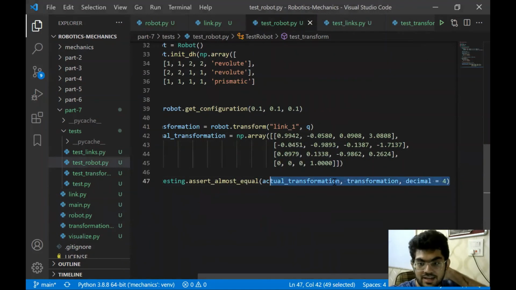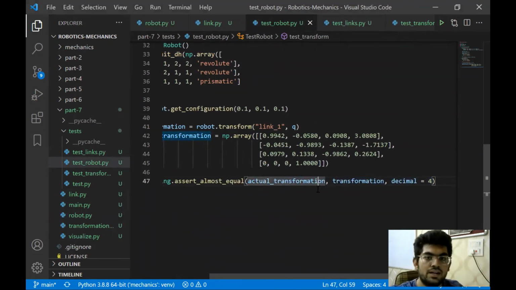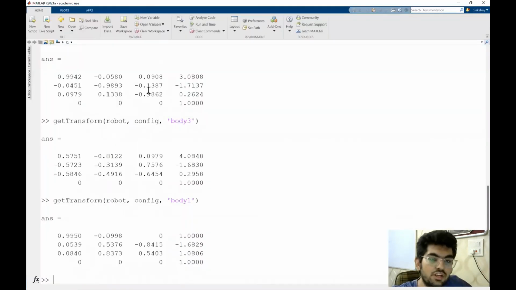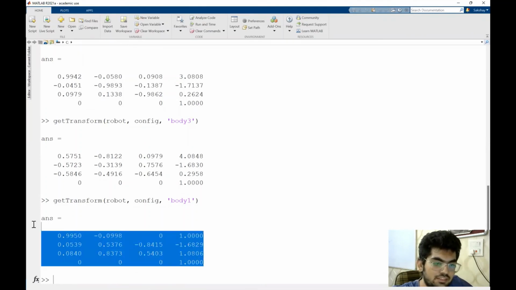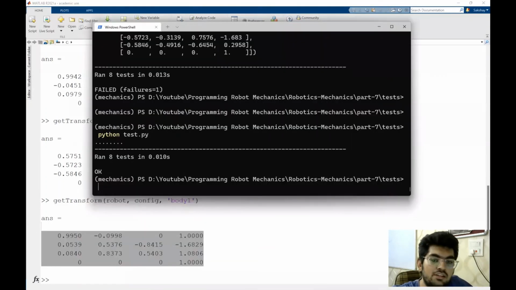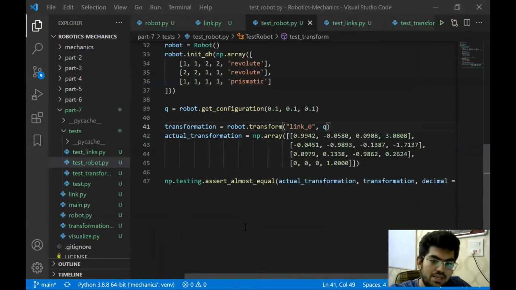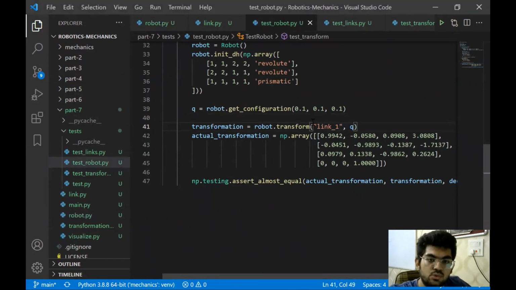Now this whole part is working. Even for link 0, it will work. Let's just test it first. Let's just test this for link_0. Now for link_0, this should be the metric that we should be getting. Let's compare it with the value that we get over here. Right, this one is the value that we have, 0.995. That is okay. And you can check that this will now work, I think. Yeah, it's almost similar to that. Okay. So it does seem like it's working. Let's just put a link_1 again.